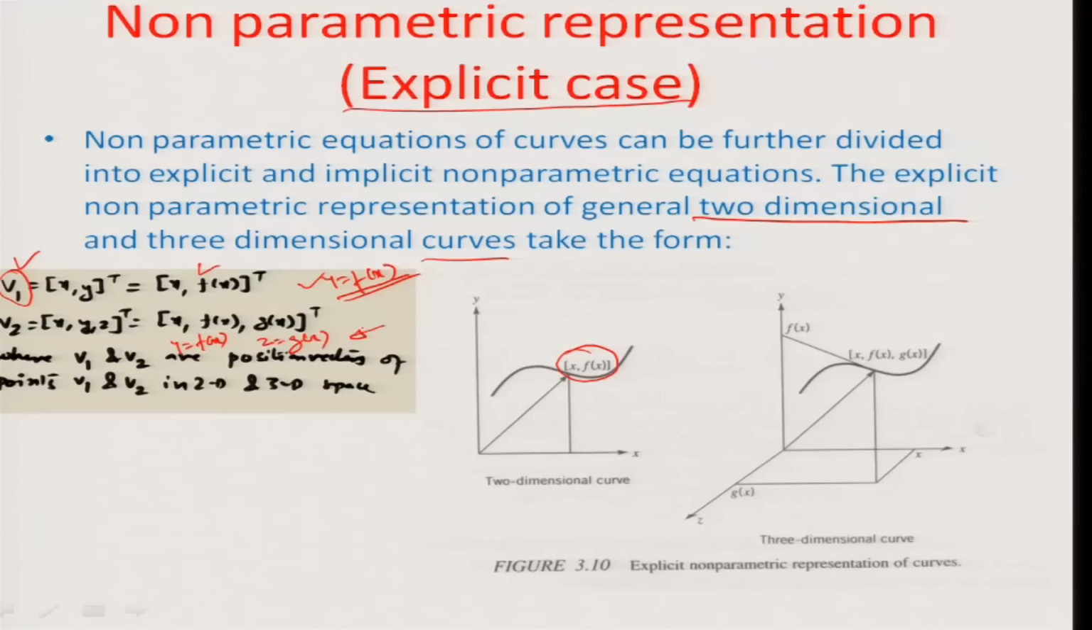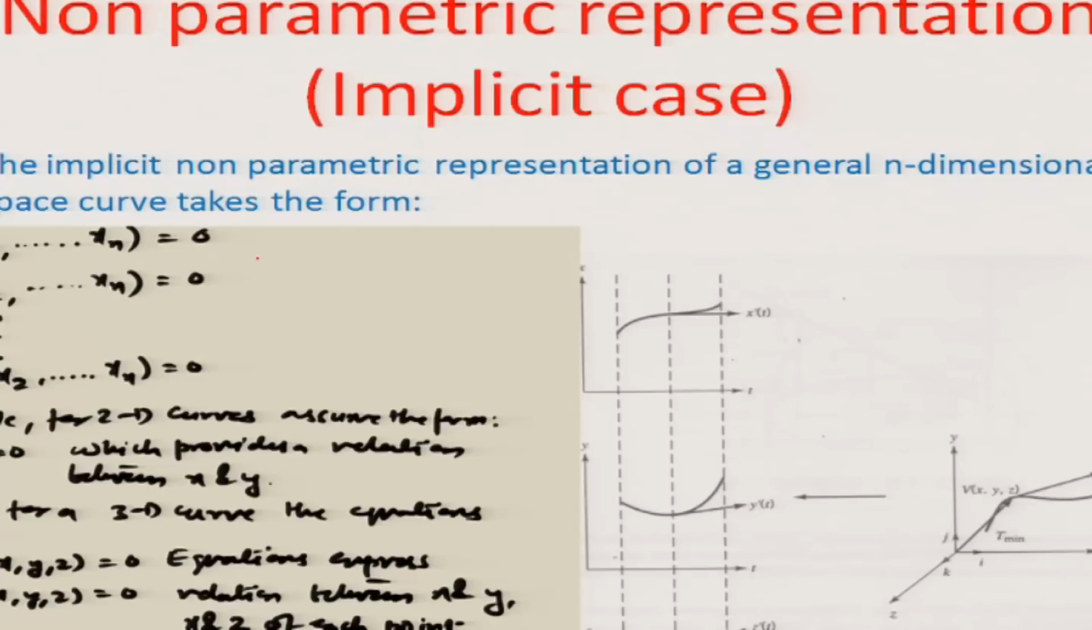Again there is a clear cut relationship between the x and the y and x and the z as given in this particular example. So this is actually called an explicit or a clear definition in which you can define a particular non-parametric equation for a curve. Okay. So in the implicit case, for example, in this particular case, as you can see, there